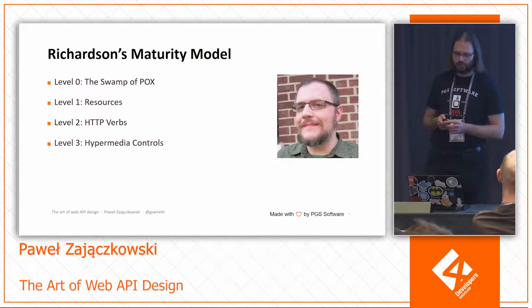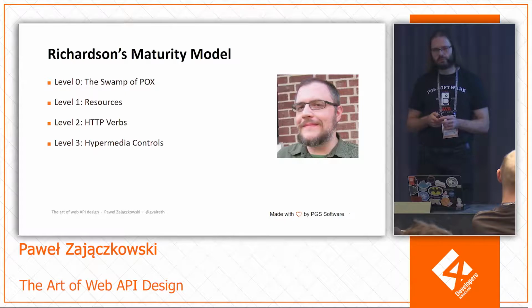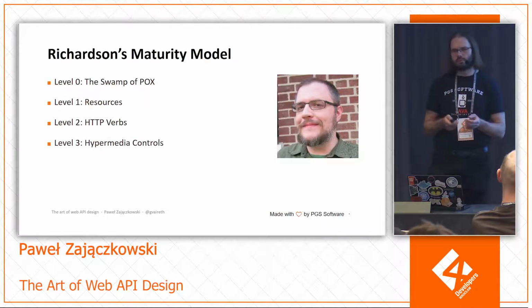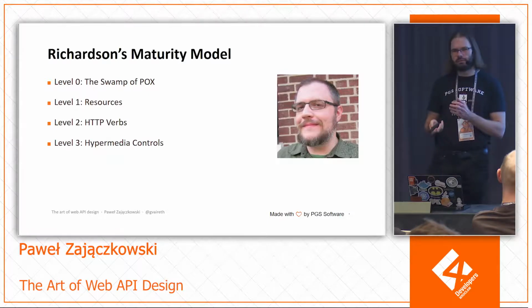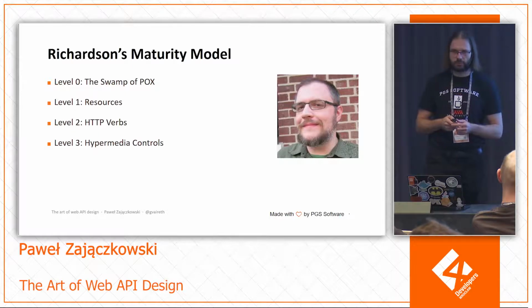And the last level is this self-describing API, where with the response, you include some links that tell you what else there is interesting around that. And in theory, you can discover the whole API from one endpoint, also called HATEOAS, the beautiful acronym.